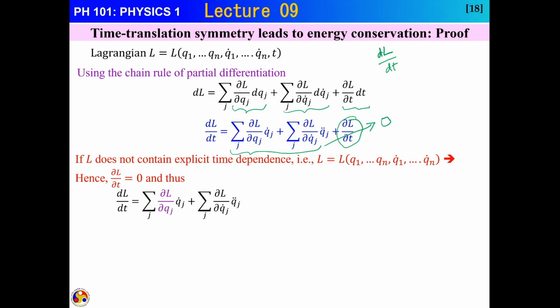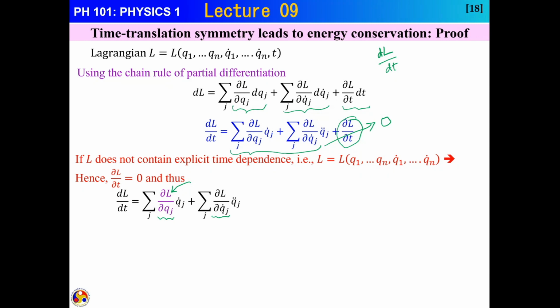I hope you agree with that. There are no difficulties, very simple mathematics. Now we are going to do something a little bit tricky in mathematics. On the right side of this equation, I have one term depending on generalized coordinate and one depending on generalized velocity. Can I bring all of them into the same format? How do we do that? I have to replace this functional form with the generalized velocity form. Here qj is there. I want to change it to q dot j. Can we do so? Yes.